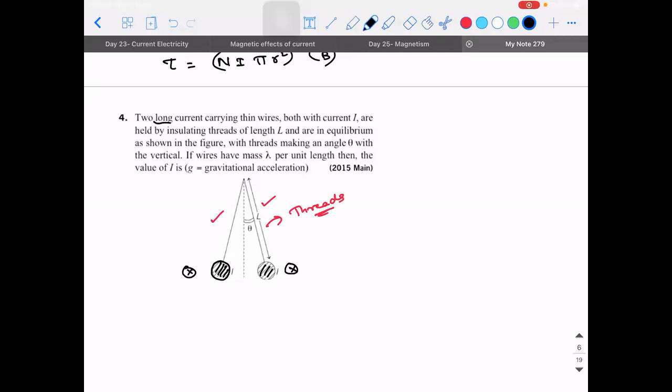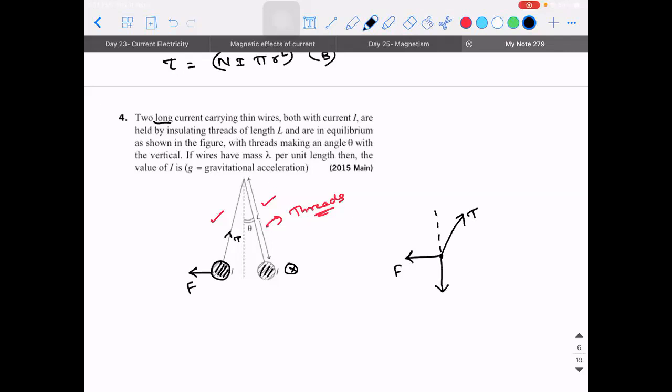So if I take one particular wire alone, then what is going to be the force acting on that wire? The force acting on the wire will be in opposite direction. Did they say current is flowing in the same direction? They didn't mention it. I'm assuming that the current is flowing in the same direction, so they have to repel. So here, observe, the force is going to be in the leftward direction. There will be a tension, mechanical force that is acting here, tension. And there is weight acting downwards.